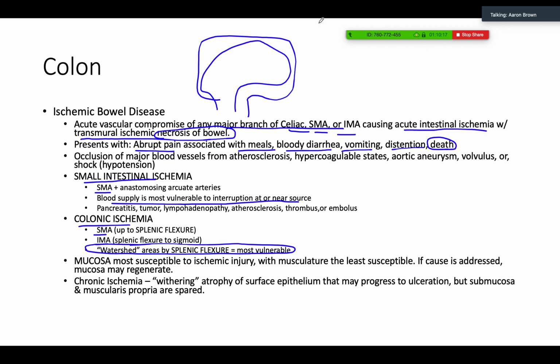Our splenic flexure is right here, and this is where the cutoff goes. So the IMA is supplying blood from this direction. The SMA is supplying blood from this direction. And this area here is sort of the shared blood supply of both. Neither artery gives a good supply to that area, but they both give kind of a weak supply, and that